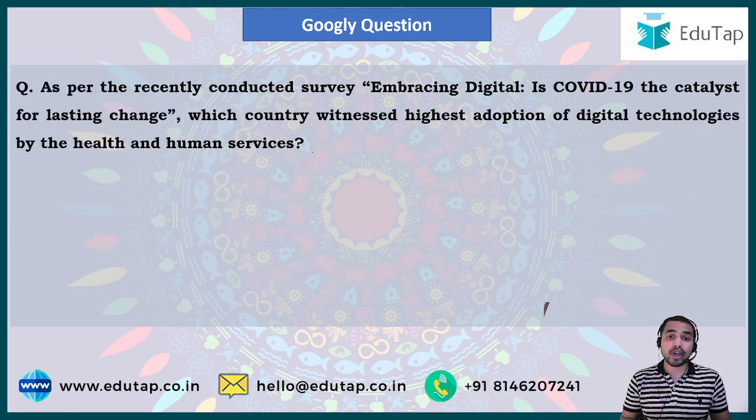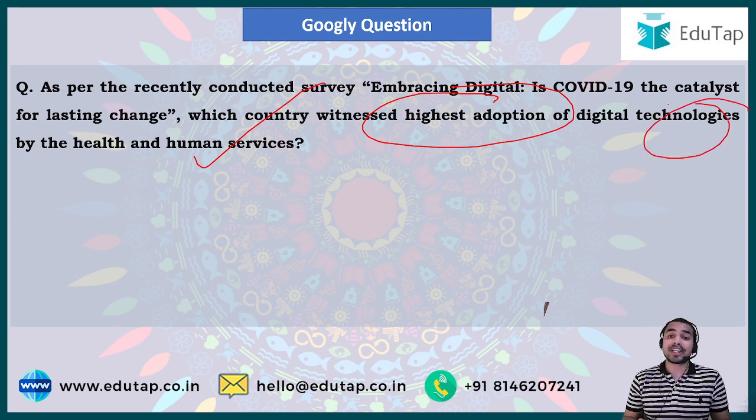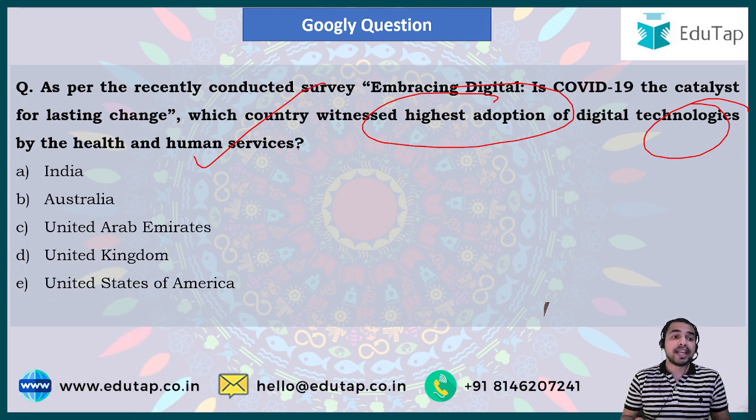So the googly question says, as per the recently conducted survey, Embracing Digital: Is COVID-19 the Catalyst for Lasting Change? Which country has witnessed the highest adoption of digital technologies by the health and human services? So guys, you are required to tell me the name of the country which has witnessed the highest adoption of digital technologies by the health and human services. And guys, the options are here on your screen. Option A is India, followed by option B Australia, then United Arab Emirates, United Kingdom, and option E is United States